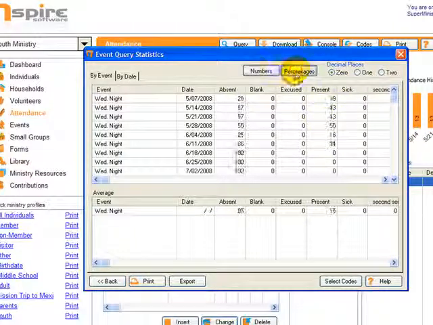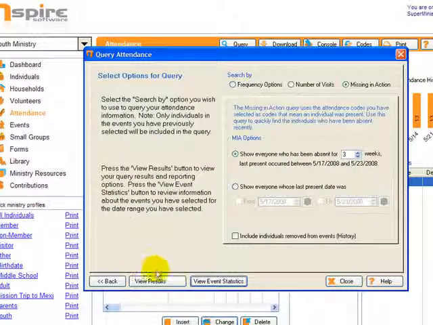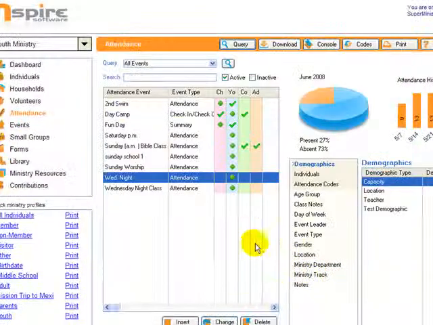You can view it by percentages or by numbers, either one. And you can also export this information out or print it out if you'd like to have those reports on paper. So just to review real quick, what we do when we're going to search our attendance is we go